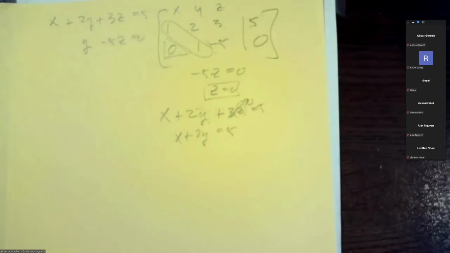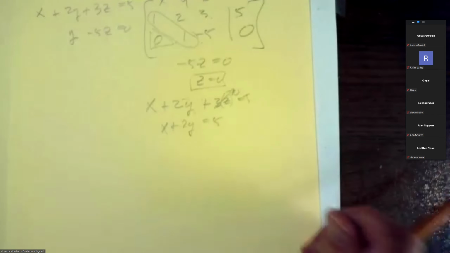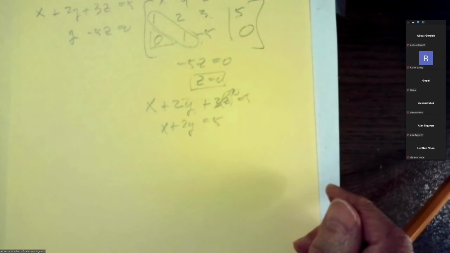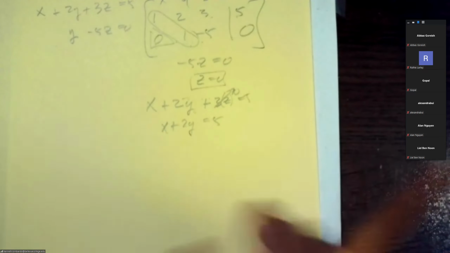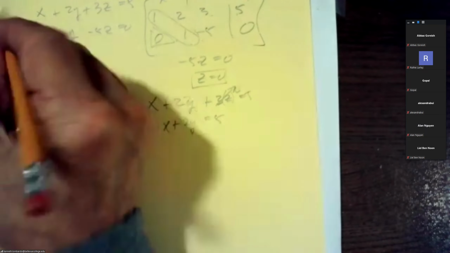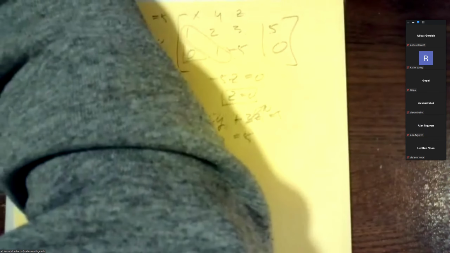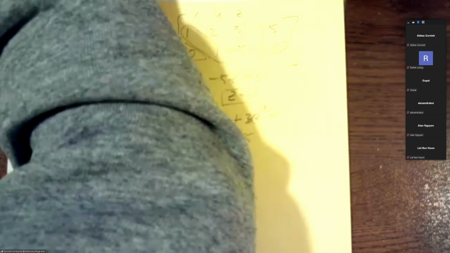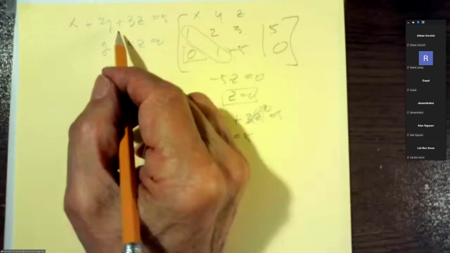Yeah, so see if they've got an example here. Yeah, it looks like to me that what they're saying is